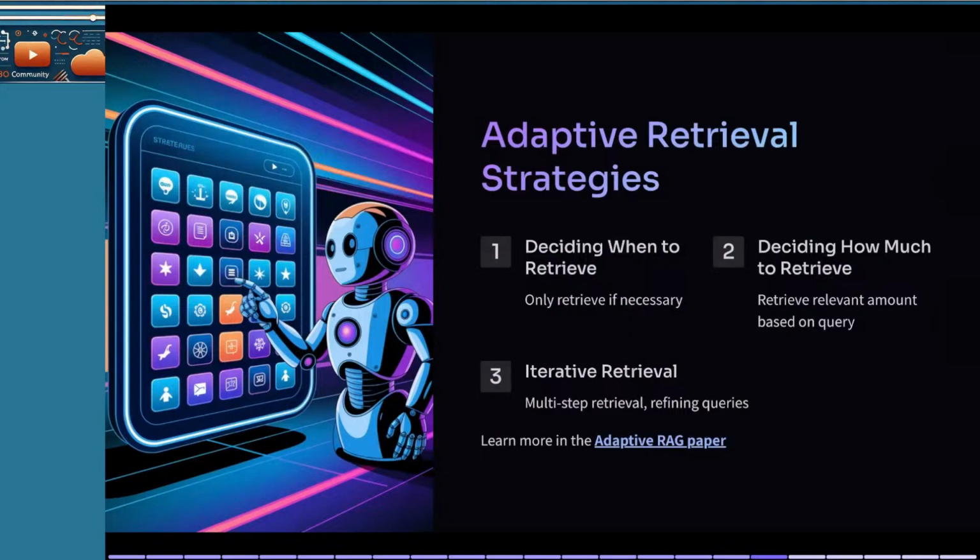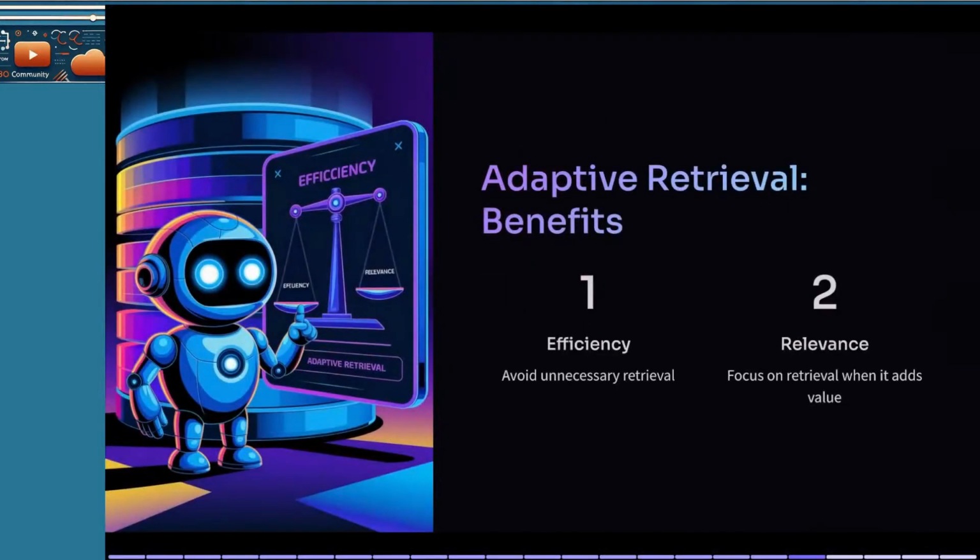There's a really good paper called Adaptive RAG. I've linked it in the presentation. I'll share all of this stuff that goes over all of these things. The reason this stuff is useful is because we're adding more compute, but we are increasing the efficiency. So we're not just retrieving 5 documents that we don't need for every query. And where we do retrieve, we can, for example, transform the